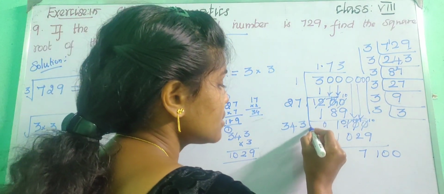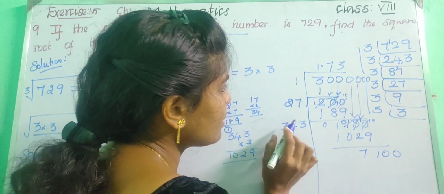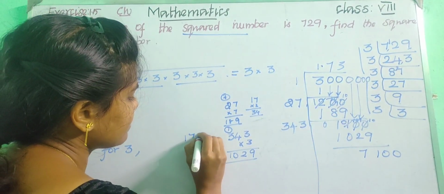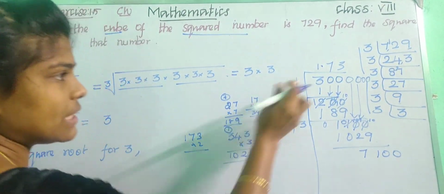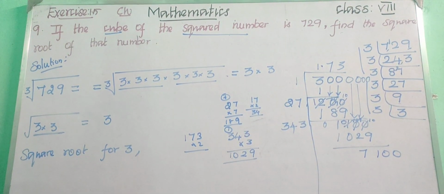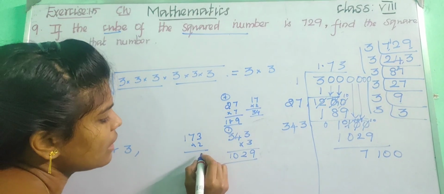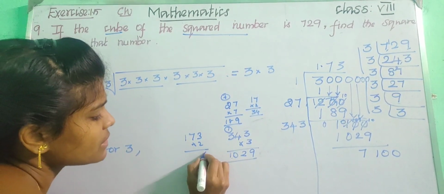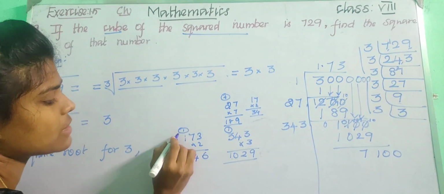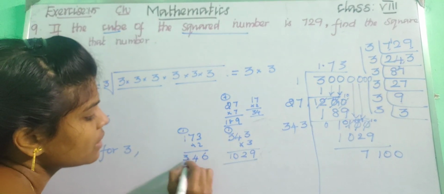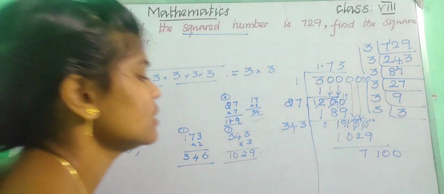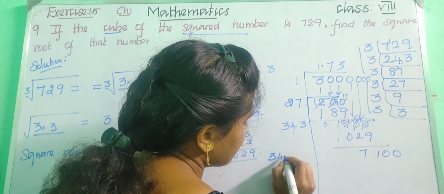Okay, children. So here what will you get? 173 into 2. So multiply 173 into 2. We got the quotient, right? So the quotient into 2. Now multiply. 3 2s are 6. 7 2s are 14. So 14 and 1 is the carry. 1 2 is 2. 2 plus 1, 3. So now we got 346. So now write 346 here.